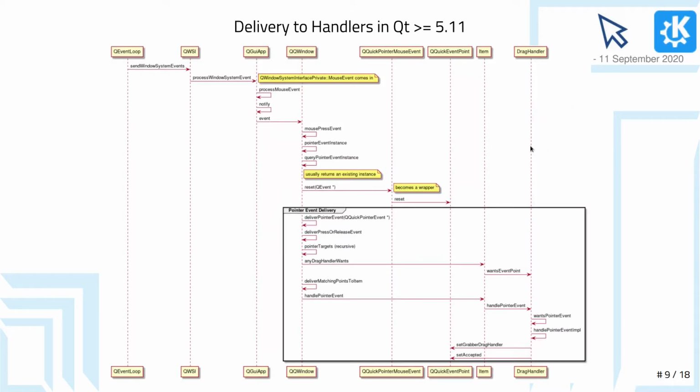So the delivery to handlers, this was when we formally introduced the pointer handlers for the first time. So of course all the events start with the QEventLoop. That's where it's actually getting it from the operating system, and then we send the window system events to QWindowSystemInterface, process window system event on QGuiApplication, and that's where the dispatching starts. So we start with a QWindowSystemInterfacePrivate mouse event. That's a private event type which has been heap allocated over here in the window system interface and possibly queued,